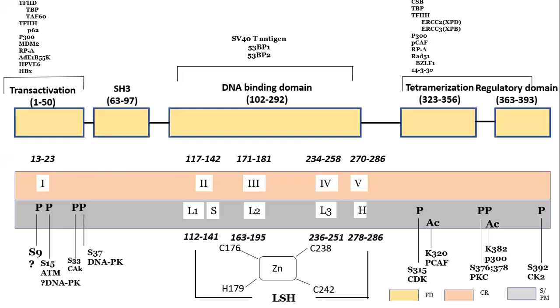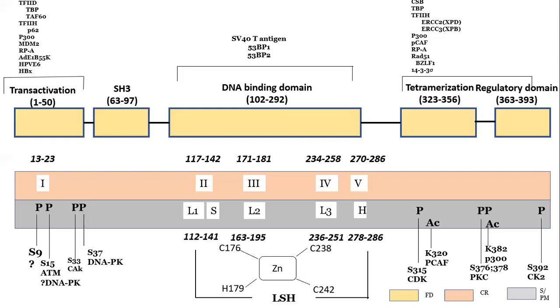And in class 2 mutation, that does not occur exactly at the DNA binding region, but class 2 mutations are those mutations which can reduce the stability of p53. For example, as I told, if there is mutation in the tetramerization domain, the active tetramer would not be formed. As a result, the stability of p53 would be reduced.